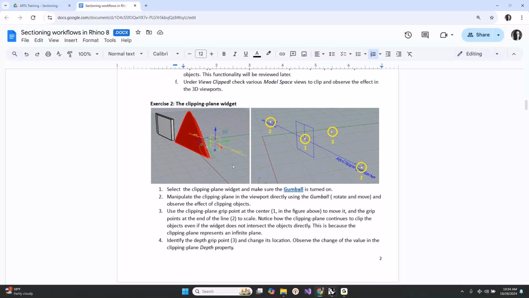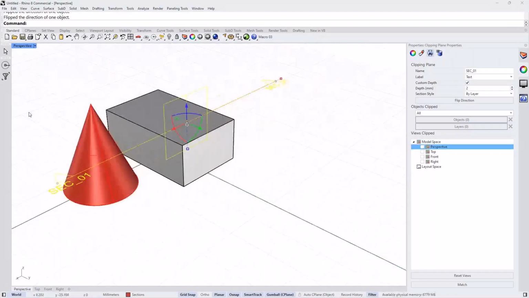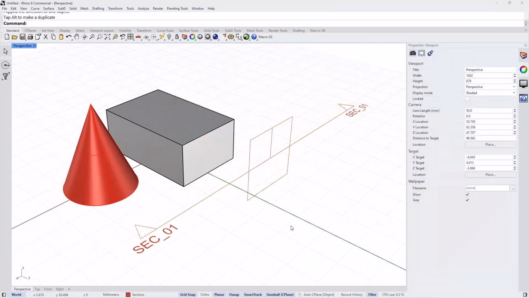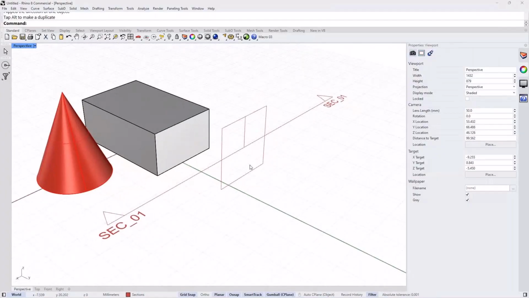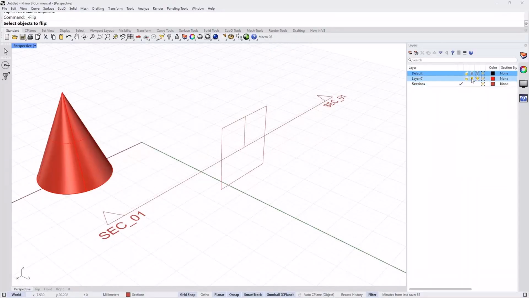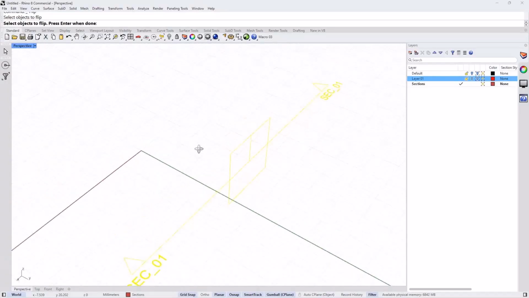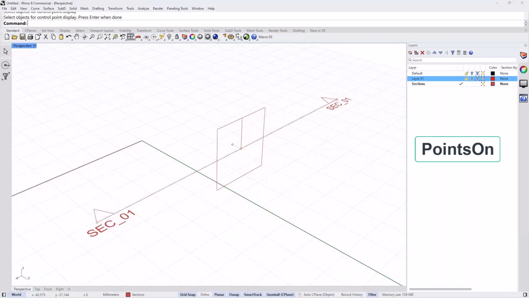So let's go back to Rhino, and I will just undo the clipping and pull my clipping plane at the top here, and maybe just hide the objects as well, since we're not going to use those. So when I click on my clipping plane, if I turn the control points on for my clipping plane object, you will see the center point. We have the 2 side points, and you have 1 extra point.